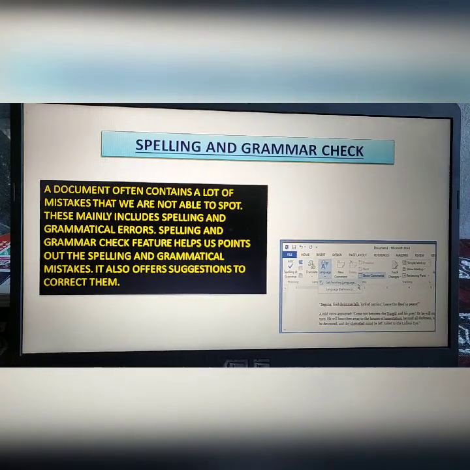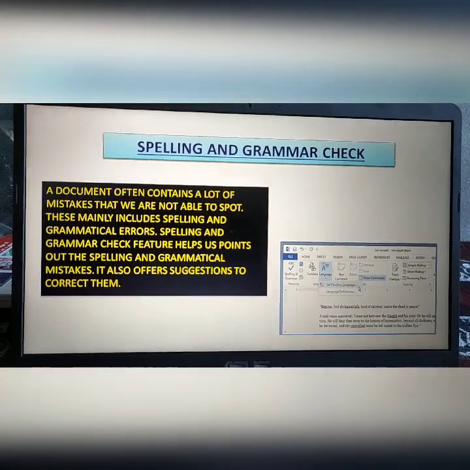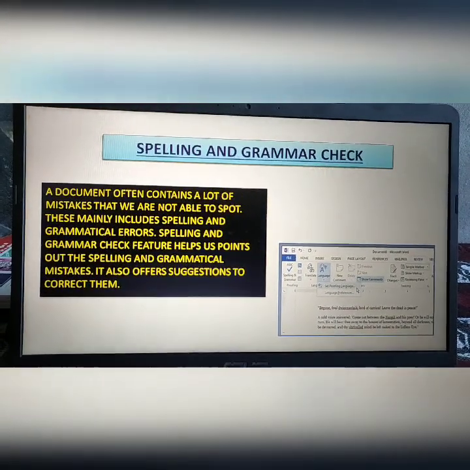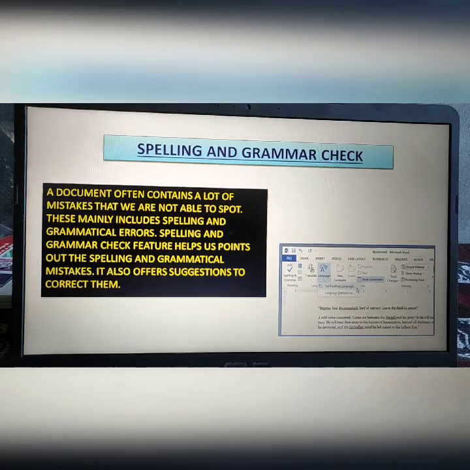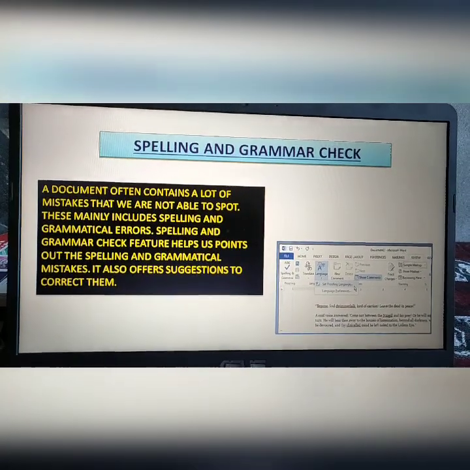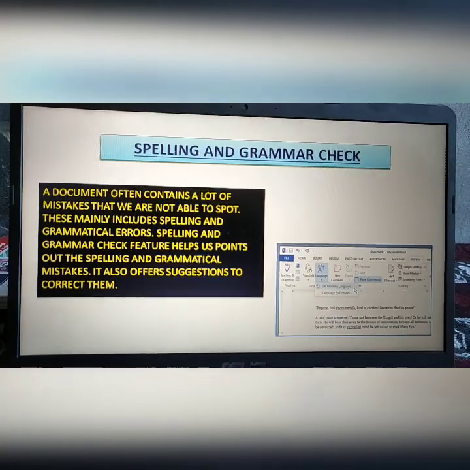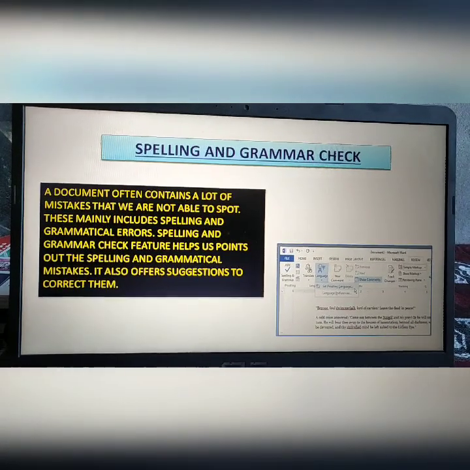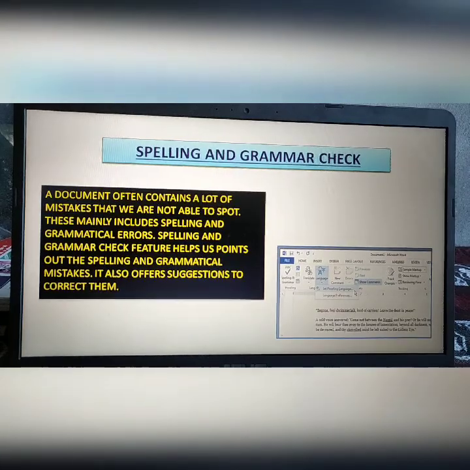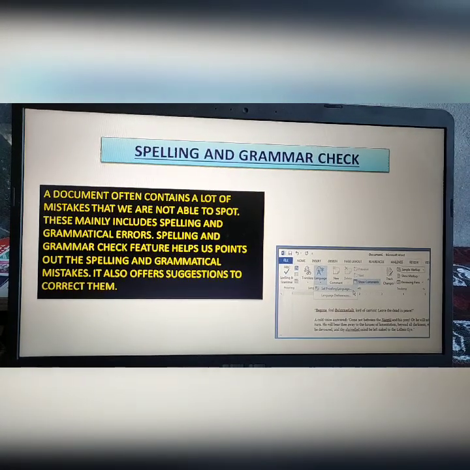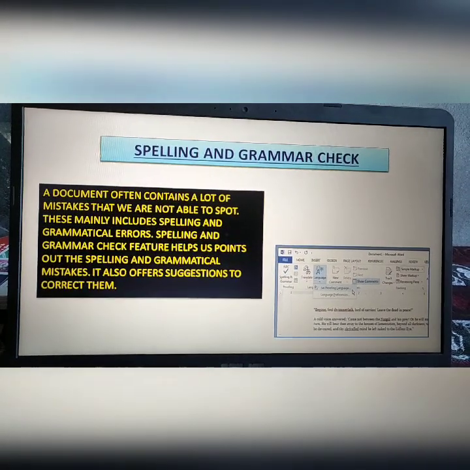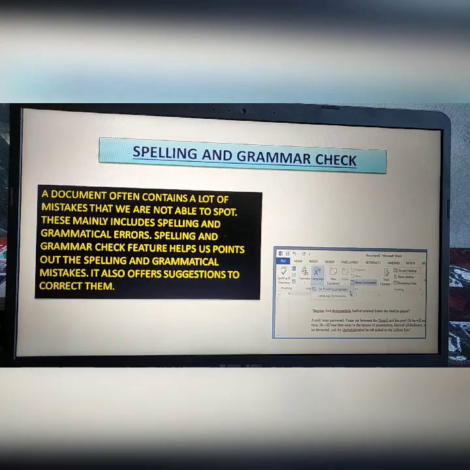We know that spelling check is a software program that corrects the spelling errors in word processing. All Microsoft Office programs can check spelling, and most can check grammar. So we know that a document often contains a lot of mistakes that we are not able to spot.